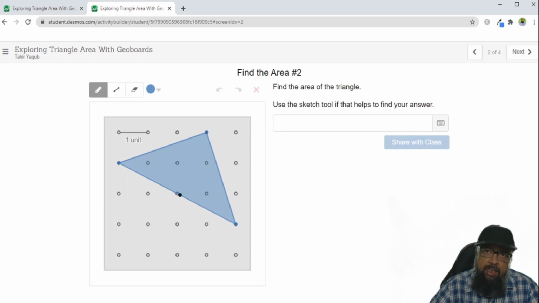And now on this screen, I know that this is a challenging task for students. So if I know this thing in advance, I can look at their responses and I can see what are the issues, why they are not learning, what action should be taken as a teacher so that they should learn something. Because here they have to use these tools, otherwise they won't be able to find the area. They have to construct some triangles, then they will subtract triangle areas from a rectangle area and find the area of this triangle which is shaded in blue color.